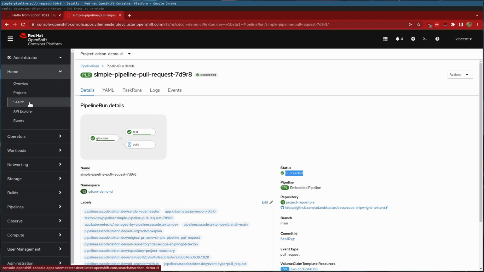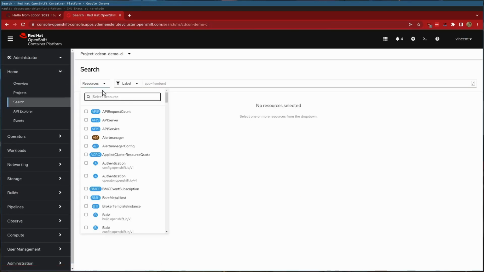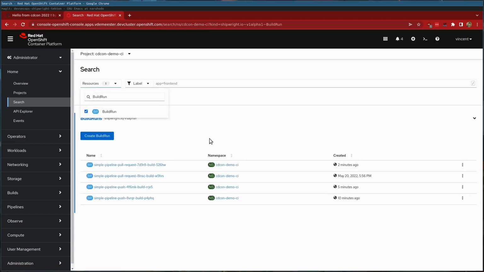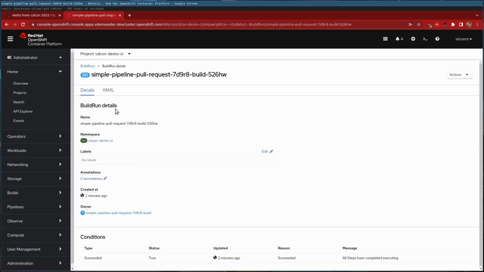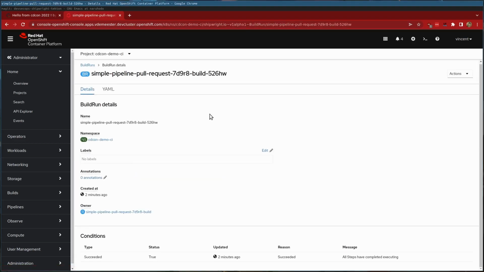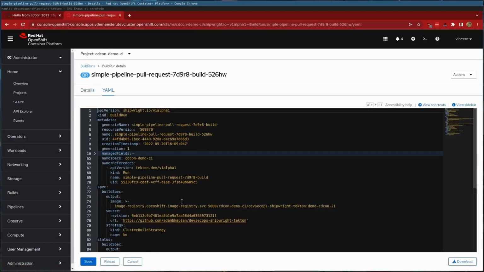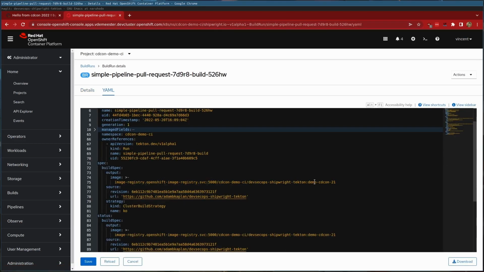What we can do though is look into the build runs that were created. A build run is the object from Shipwright. We see that there was a build run created 2 minutes ago that succeeded, and that build run was our own pipeline doing. So it's this commit, this repository, using the co-cluster build strategy, and it pushed the image onto the